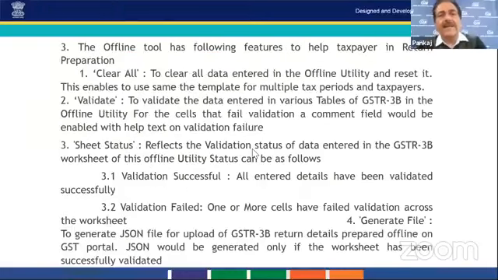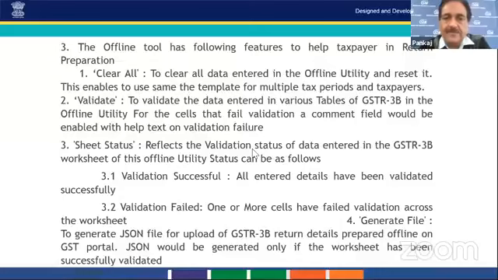So the offline tool has certain special features to help taxpayers in return preparation. First, when you download the utility, you have to extract the Excel template, and please note that you will have to clear if there are any entries.